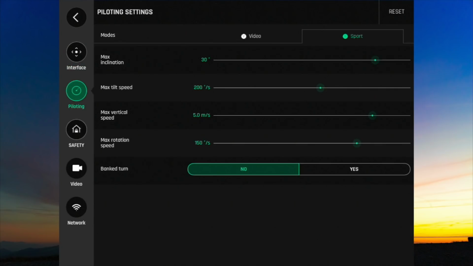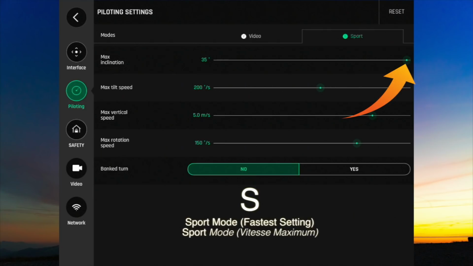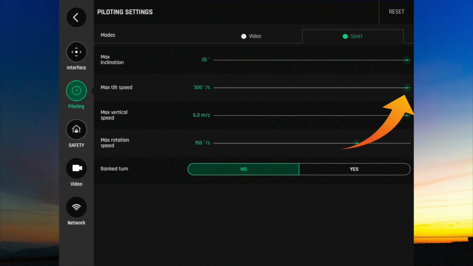Alright, for the piloting, you have your two menus, video and sport, and this is where you can adjust your parameters. For sport, to get the fastest speed out of the drone, I usually just max out the max inclination and max vertical speed. For the max tilt speed. Max rotation speed, I usually put this down to about 100